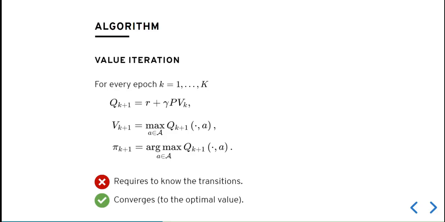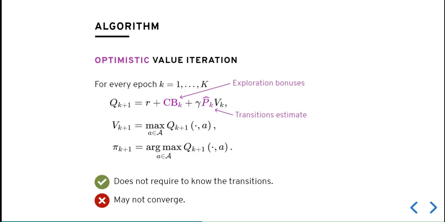So we're going to apply a first modification to this algorithm. We replace the true transitions by an estimator, and because we are in the online setting and we need to explore, we add an exploration bonus. Roughly speaking, we can think of adding such a bonus as a way to plan in the best statistically plausible world. This is called the principle of optimism in the face of uncertainty.